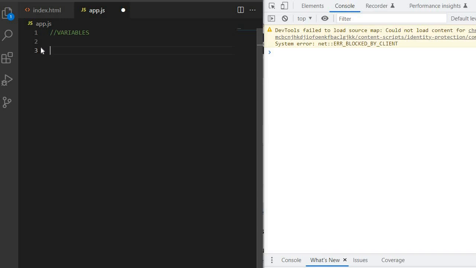In order to declare a variable, you simply use a keyword called var. This keyword just declares that something is a variable. Then you have to give that variable a name, which is simply an identifier. We're going to store the name of this channel inside of a variable,